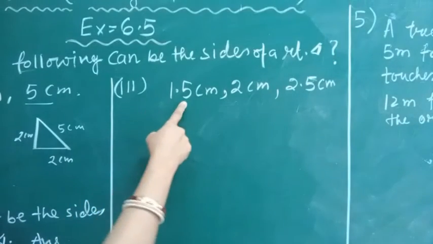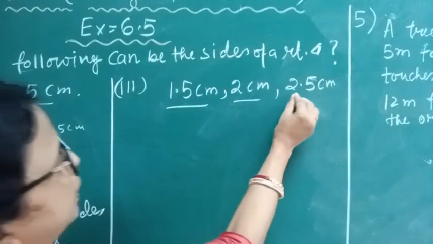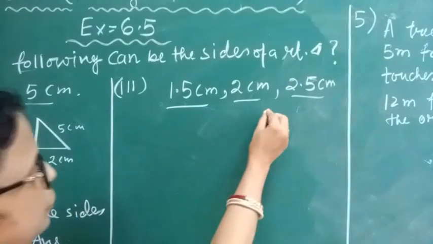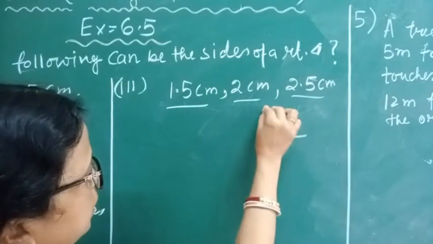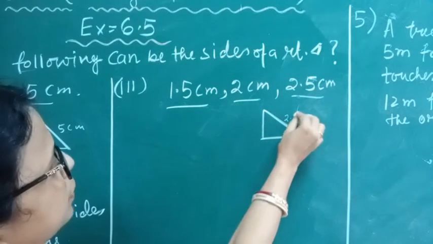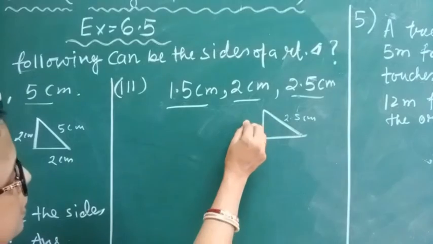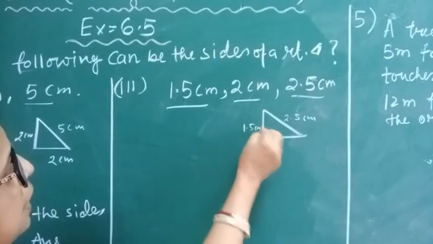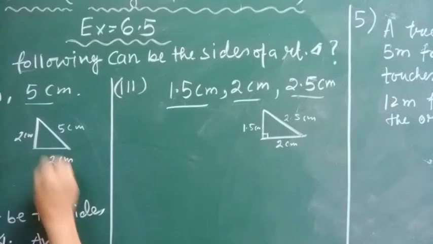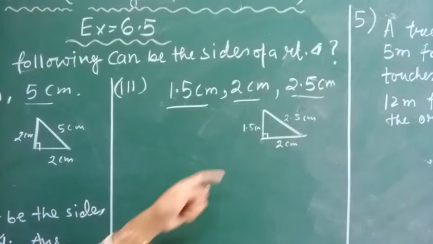Sides are 1.5 centimeter, 2 centimeter and 2.5 centimeter. Which one is the longest side, students? You will verify that. Yes, 2.5 will be the longest side, 2.5 centimeter. Then the remaining two sides you can write, say 1.5 centimeter and 2 centimeter. So if it is a right angle triangle, students, then what we can see is